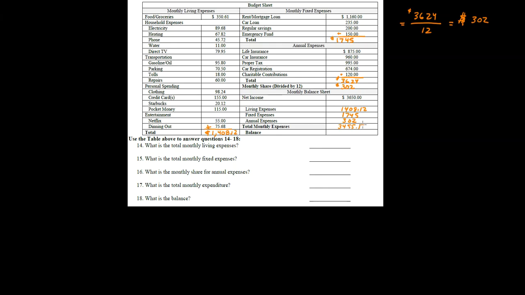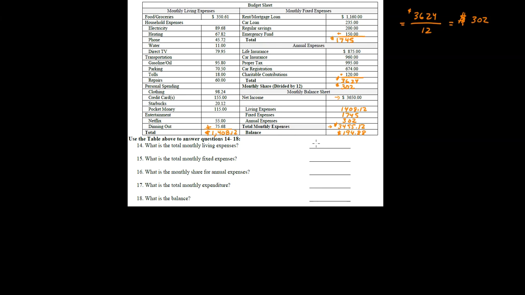55.12. So now what I've got is my income is 3650, but I need to be budgeting aside or spending 3455.12 each month, which is going to leave me with the balance of $194.88. So when it asks me these questions, it's just simply asking me for the information I just filled out